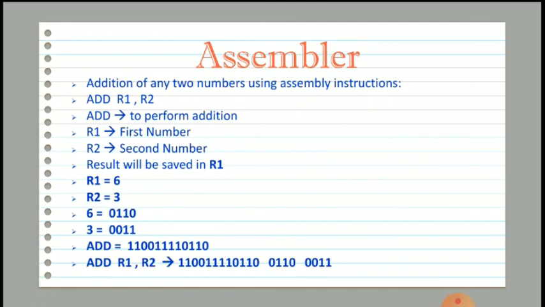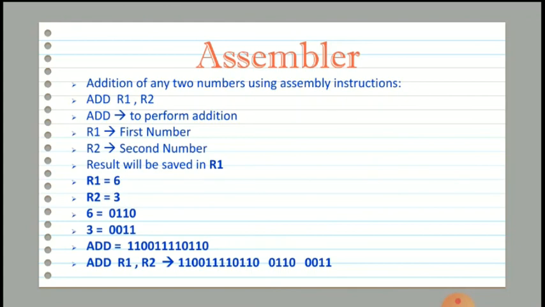So when you pass this instruction, that is add R1, R2 to the assembler, it will be converted into binary format, and that instruction after translating by assembler will be 1100 1111 0110 0011